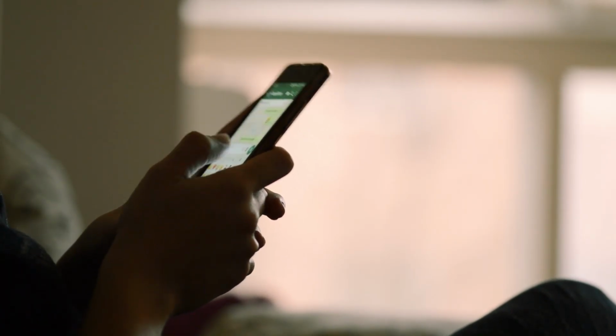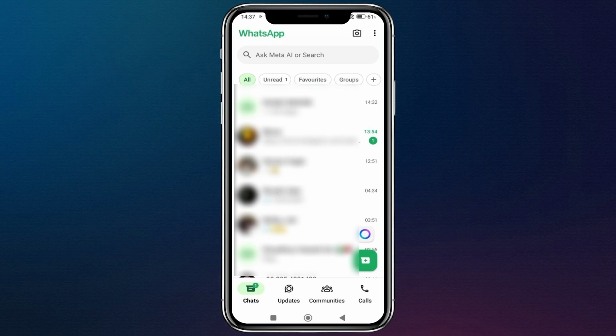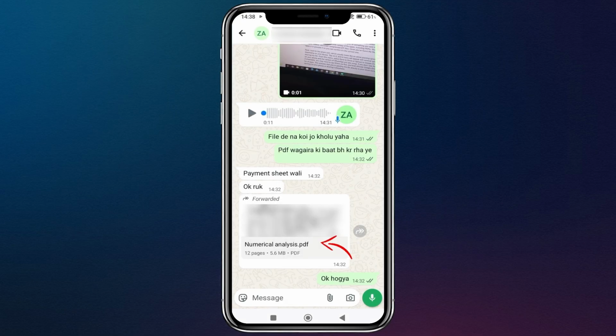securely. First, open WhatsApp on your phone and navigate to the chat that contains the file you want to upload. This could be a file someone sent you, or something you sent to yourself or a group. WhatsApp supports a wide variety of file types, including PDFs, Word documents, images, videos, and even compressed zip files. Once you've found the file, tap on it to open it or preview it, so you can confirm it's the